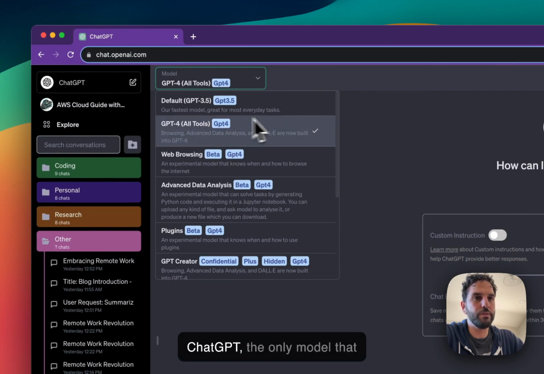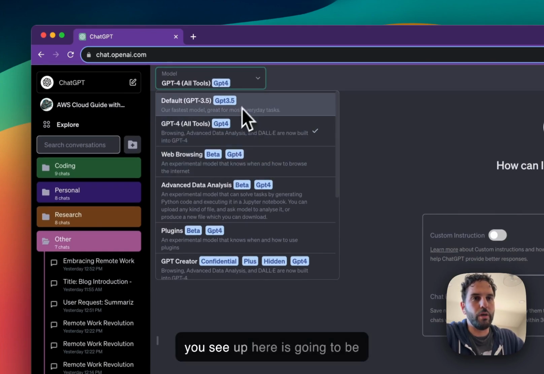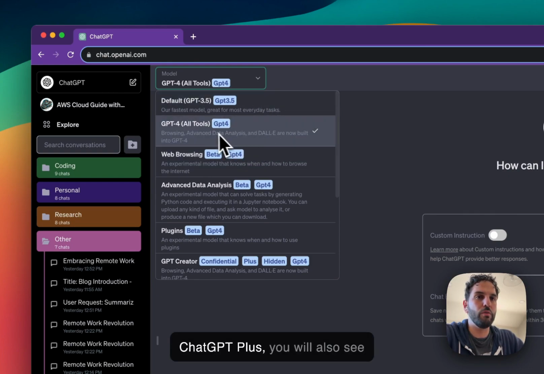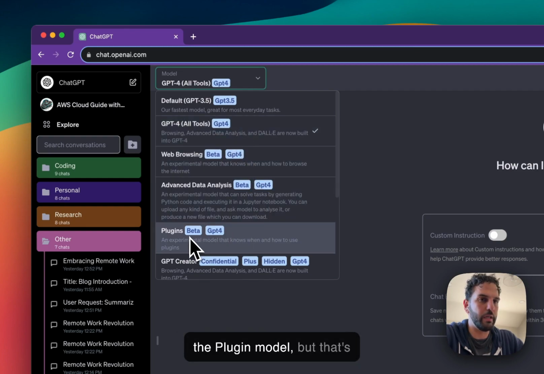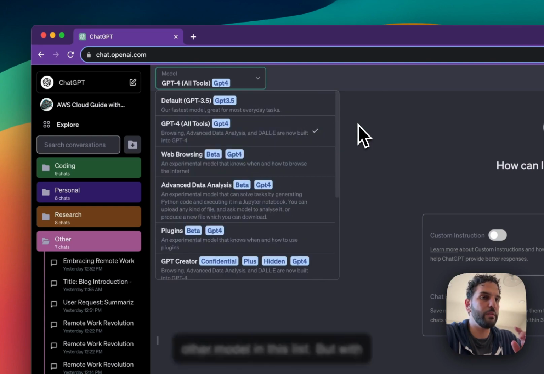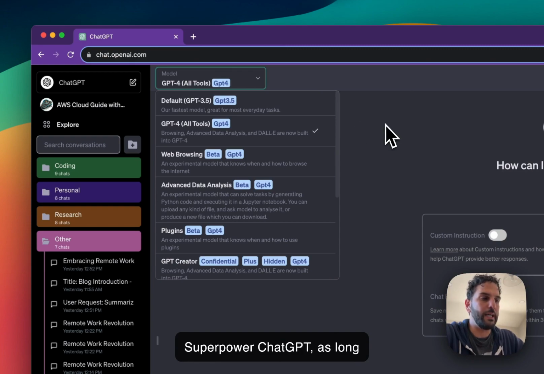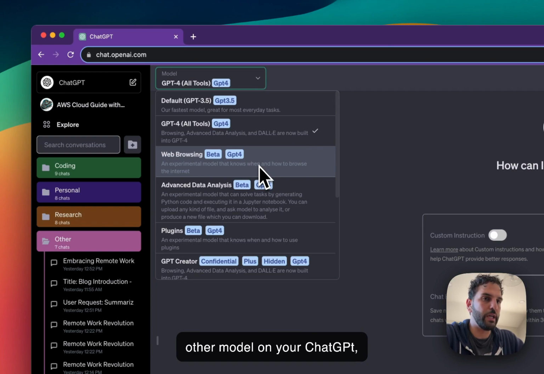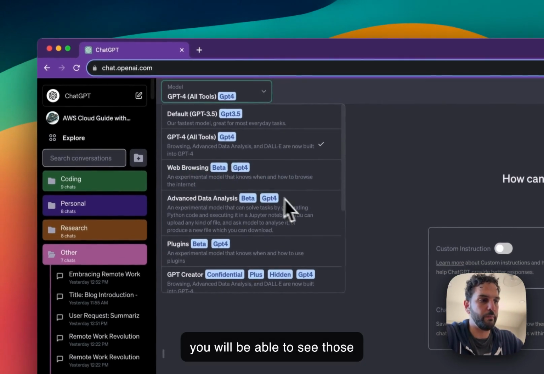Now with regular ChatGPT, the only model that you see up here is going to be 3.5. If you pay for ChatGPT Plus, you'll also see GPT-4. I think you also see the plugin model, but that's about it. You won't see any other model in this list. But with Superpower ChatGPT, as long as you have access to any other model on your ChatGPT, you'll be able to see those models on your